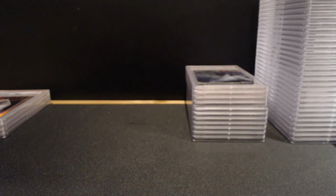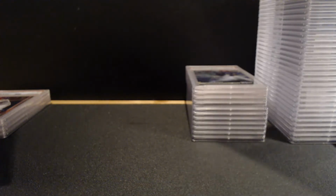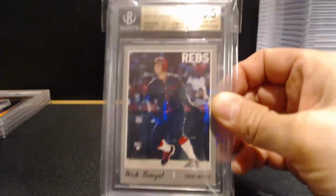some other cards that I had gotten back from BGS that I have left. I had an Eloy Jimenez chrome gold auto to 50 and a purple auto to 150 that I already had sold. The gold came back at 9.5. The purple was a 9, and then I had the Kaboom that was a 9.5 on the gold Heritage High number that sold. I still have this card, which is